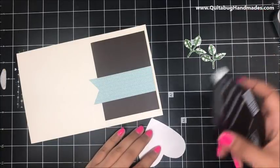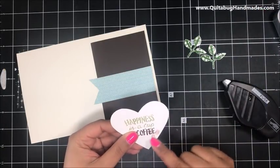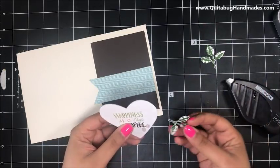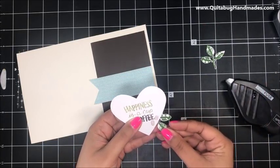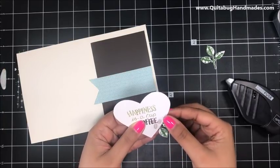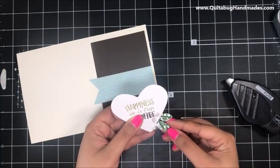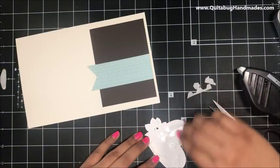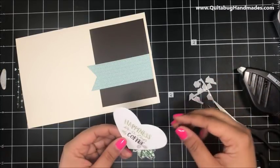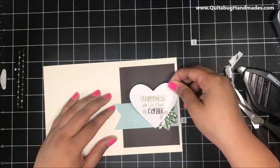Now I'll take my little heart, and I'm just going to add some Fast Fuse down here to the right side behind where we stamped the coffee beans. I'm going to bring in my little leaves, and I'm just going to put these right behind those coffee beans. Just layer them up. All right, and then I've got some dimensionals on the back of this piece, so I'll just put this right